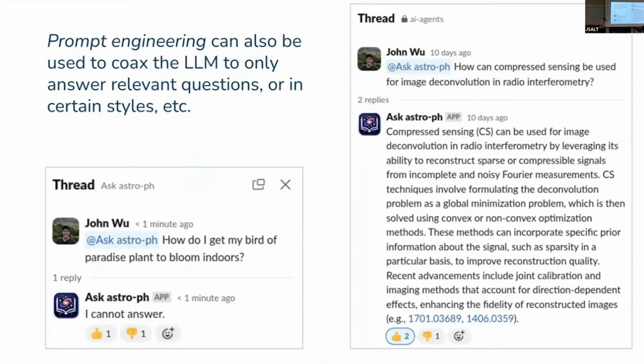Good. So, of course, you can also do things like change up the prompt. You can try to direct the LLM to be more strategic in how it answers and so on. These are all things that you can play around with in the lab. So, again, I urge you to be creative. You do not have to stick to the exercises that are within the lab. Those are just meant to help guide you, but you should spend your time in ways that you think are interesting. And so if you see opportunity to make a scientific LLM or RAG bot or whatever do better, then by all means go ahead. I'll also just say one last thing.